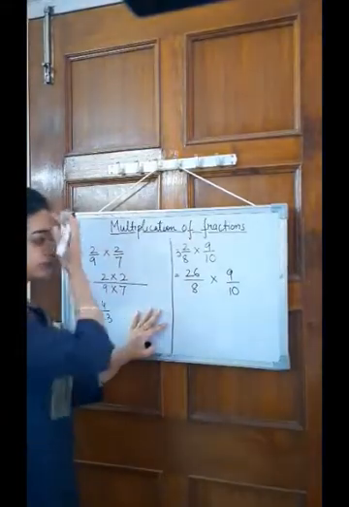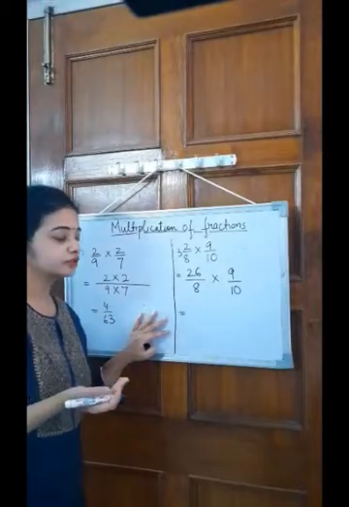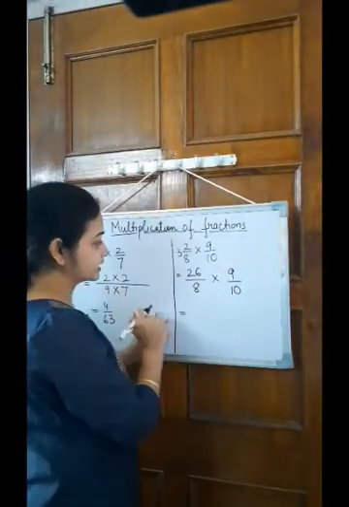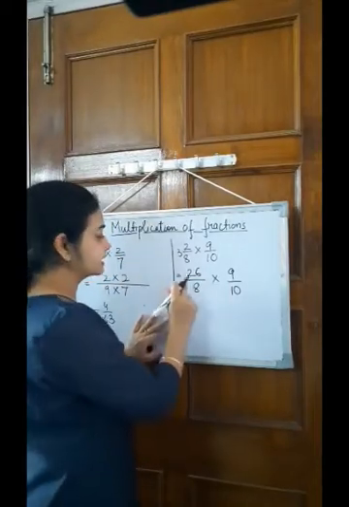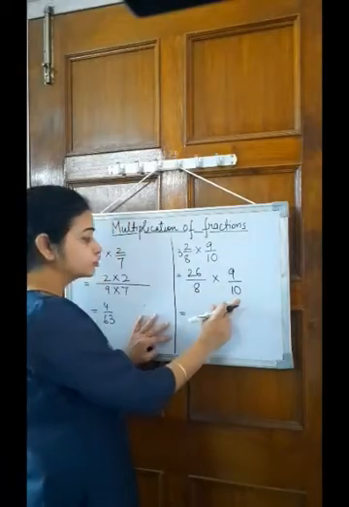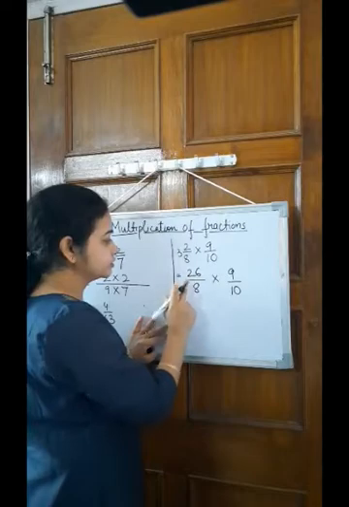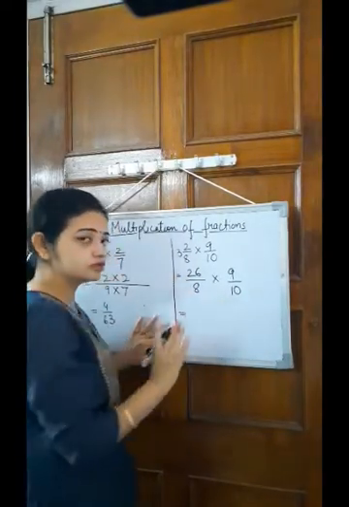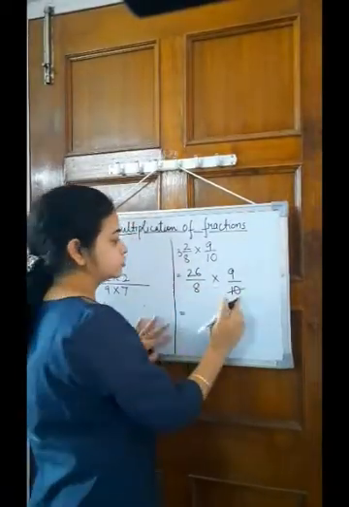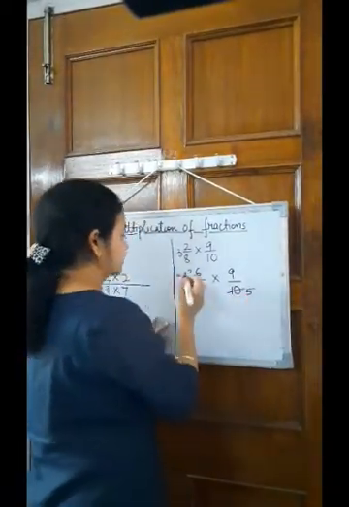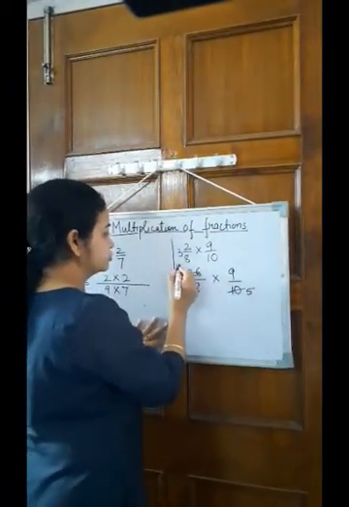Now what we have to see here, we have to check whether we can cancel it or not, or we can further solve it or not. So we can cancel it. Yes, we can cancel it. We can cancel this 26 by 8 also. We can cancel this 26 by 10 also. So with your numerator you can take any of the denominator. Okay. So I can take these two numbers also and I can take these two numbers also. Both are correct. So let's cancel. I am taking these two numbers. So this is by 5 and this is 2 ones are and 2 threes are.